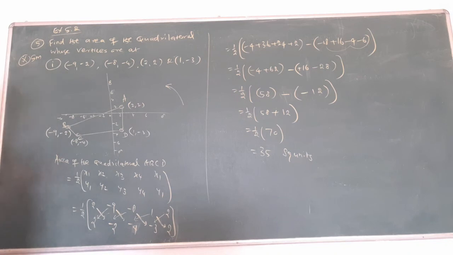This type of question is very important, I was saying, because 4 points are given and also the diagram. This question is easy, the answer is also easy, but you will make some mistake, a plus or minus mistake will come. To avoid the mistake, do the calculation yourself, minus, plus, plus, minus, minus. In this way, do the calculation yourself, then the correct answer will come. The second sum is also the same type. You get 5 marks.